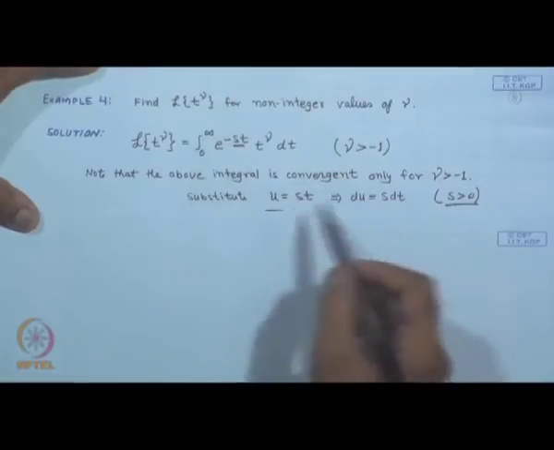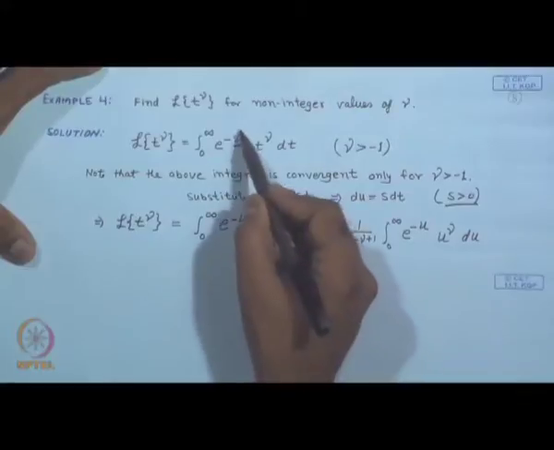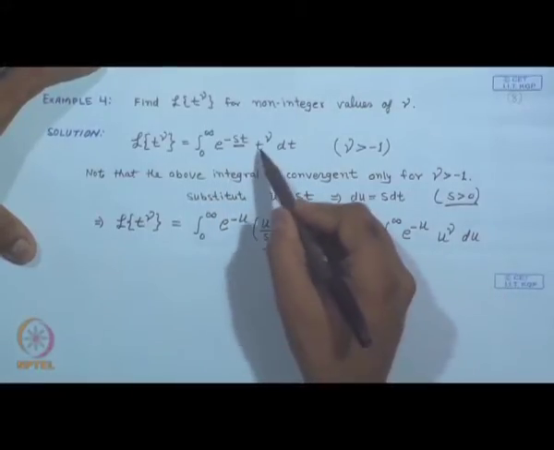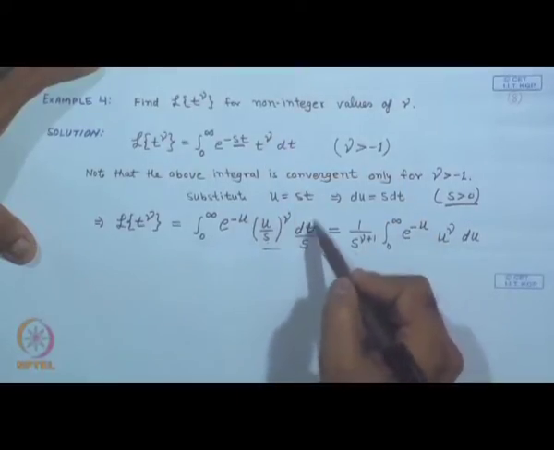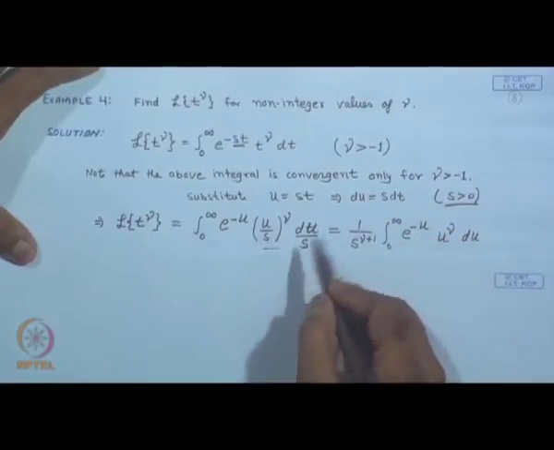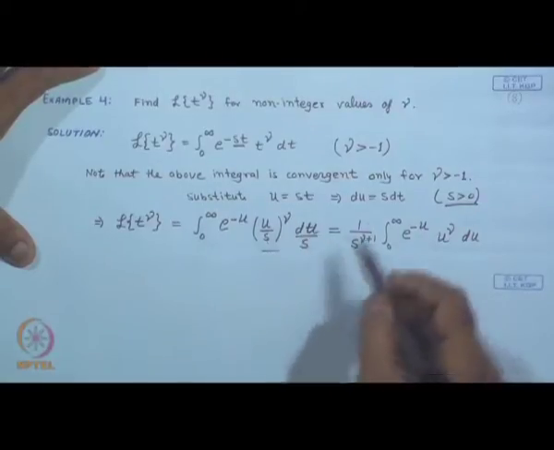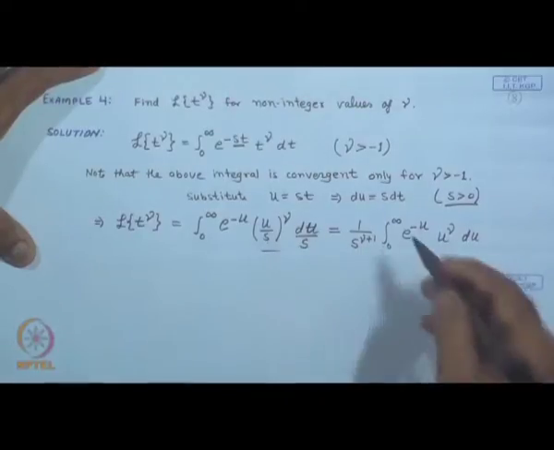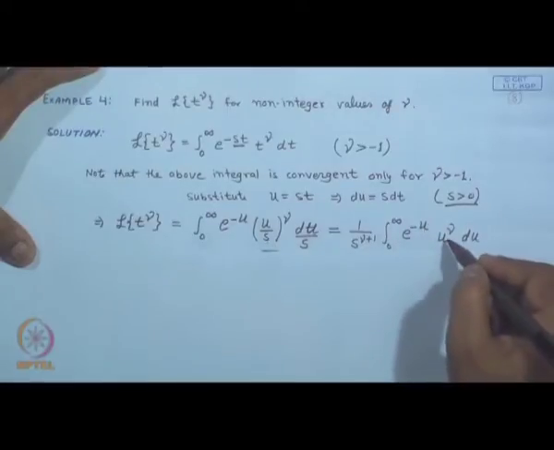So, now the limits will remain 0 to infinity e power minus u, and t is u over s, power nu, and dt is du over s. So, what we have s power nu and 1 s is sitting here. So, we get 1 over s power nu plus 1,